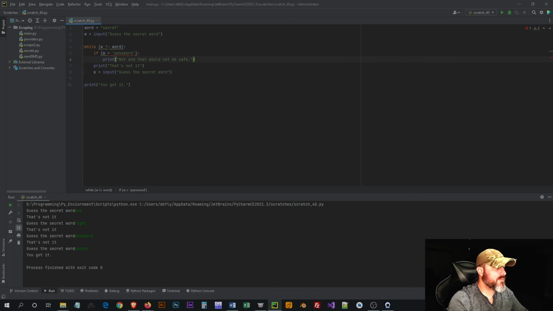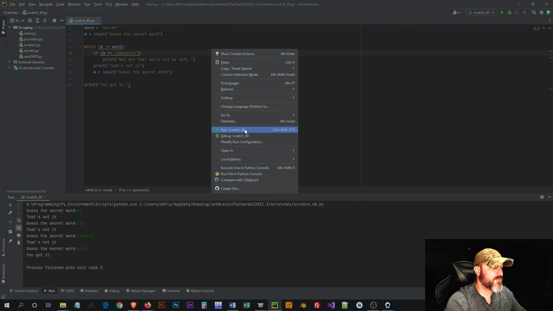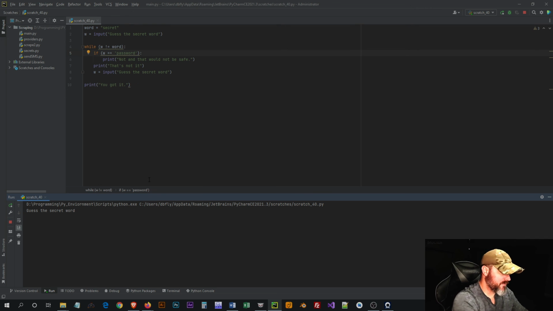So if w is equal to password, and why is this all weird? That's why. Remember your operators, is equal to. It's checking to see, we're not assigning it password. We're checking to see if it is password. So I've got a while with an if statement in there. So if the user types password,